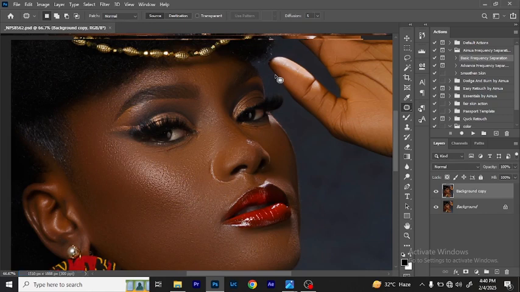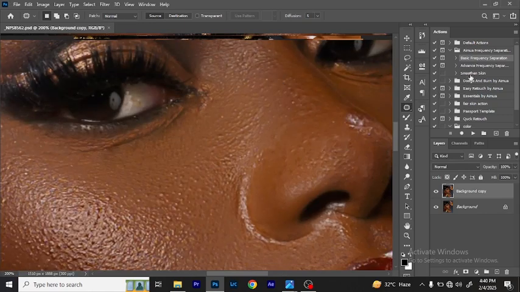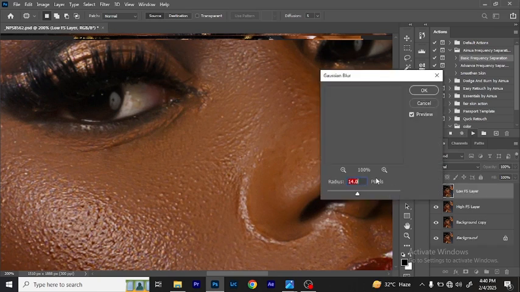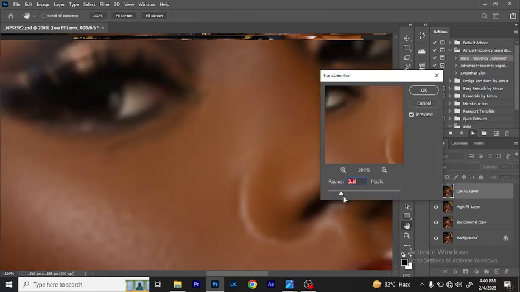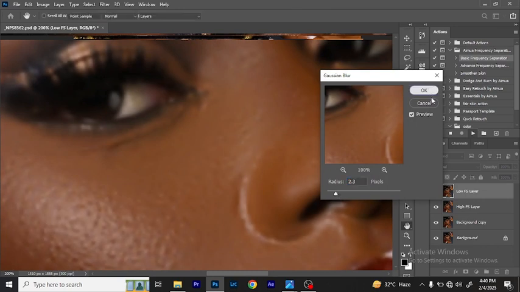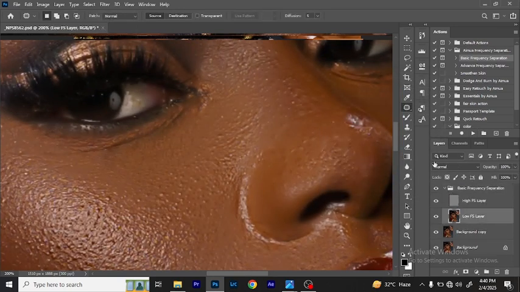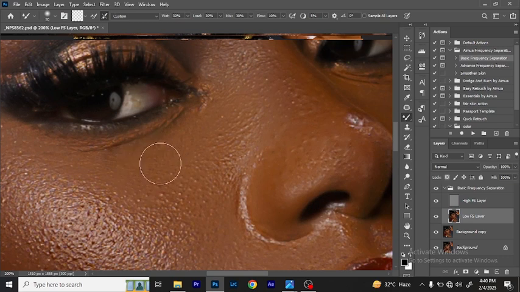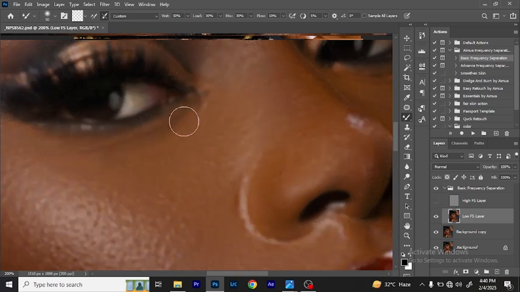So what I'm going to do now is, like I said, run the frequency separation just to fix this eye area. I'm going to take it a little bit down here because I want to fix it with the Mixer brush. So come to the Mixer brush and just reduce it like this. I want it to be natural, right? So you have to be careful